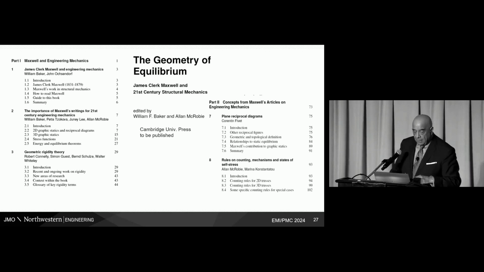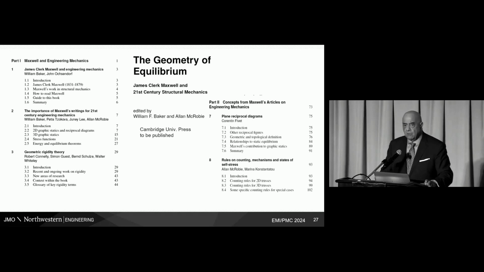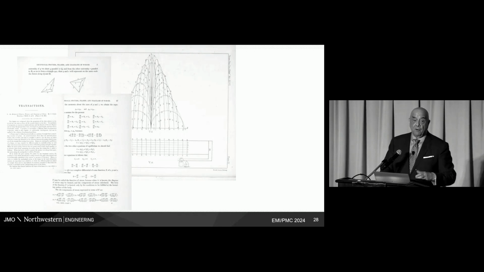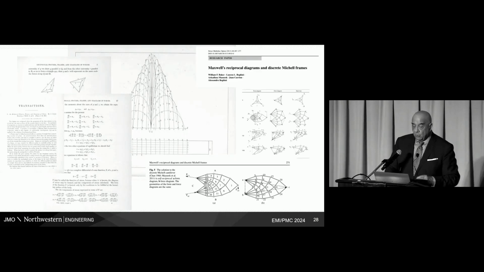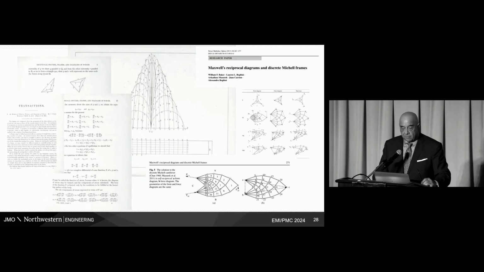The fellow of them, Oschendorf, many of you will know, he's a MacArthur fellow. So I have seen part of this book, and this is coming. And a lot of what Bill Baker and his collaborators are doing is building on ideas that came from Maxwell. These are some of the pictures and plates from papers. And you have to recognize these pictures are not from Maxwell, they are from Bill Baker in some papers,